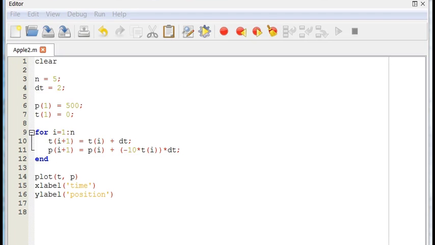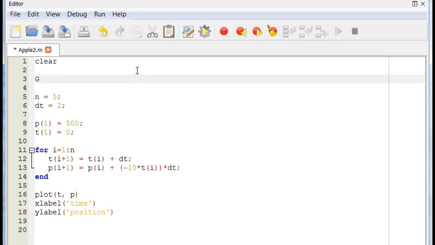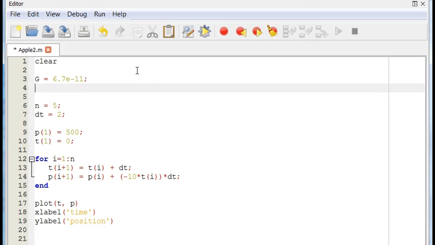In particular, we need the gravitational constant, G, which equals, I happen to have here, 6.7 times e to the minus 11. We need the mass of the Earth, which equals